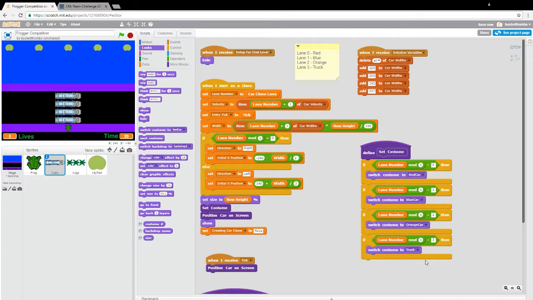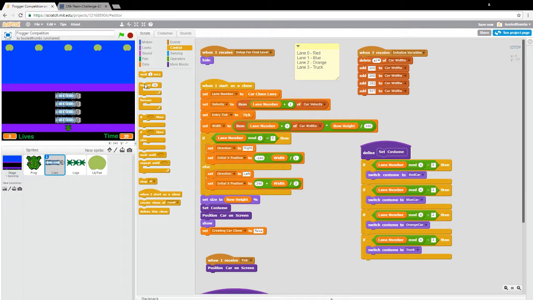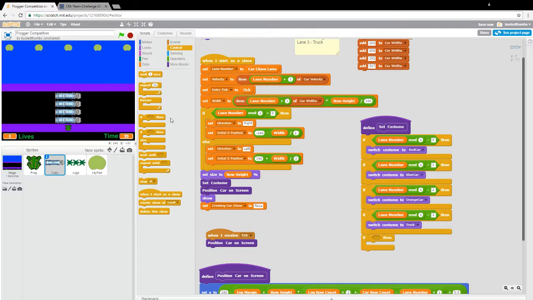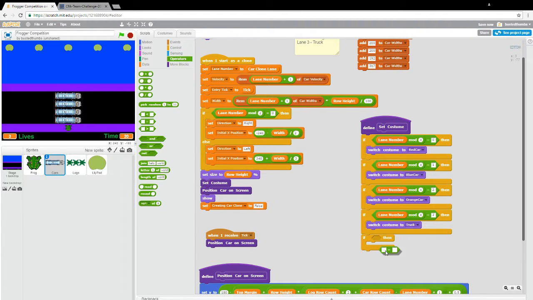One more thing we need to do. The cars are facing in different directions when they're traveling right or left, but all of ours are facing to the right in our costumes. So we should flip those around, shouldn't we? We'll have some backwards drivers there. Yes. So what we want to do is say if the direction, which we've already set, if the direction is equal to left,